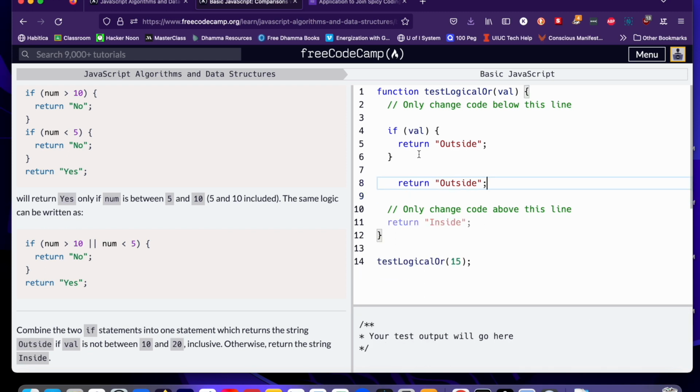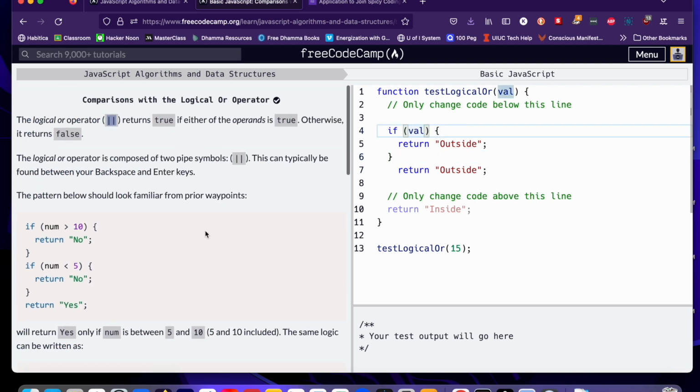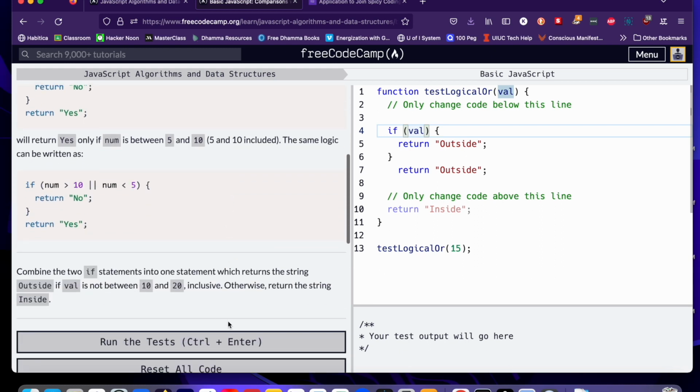And I want you to think about this for a hot minute or a hot 30 seconds, whatever works better. We know we have to use these pixie sticks or pipelines, whatever they want to call it, and it has to not be between 10 and 20. So that means we do not want it in between 10 and 20. So what does that mean? If we don't want it in between, we either want it less than 10 or greater than 20